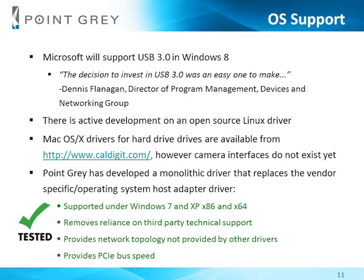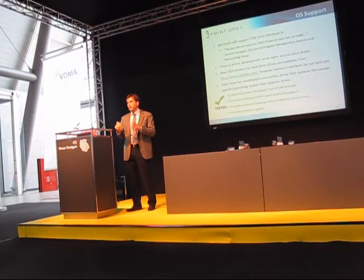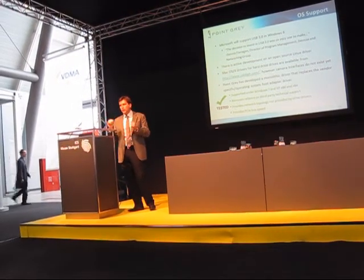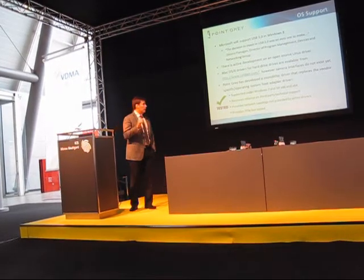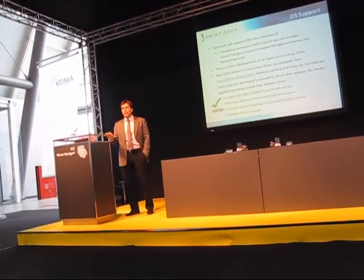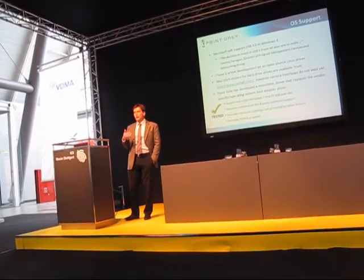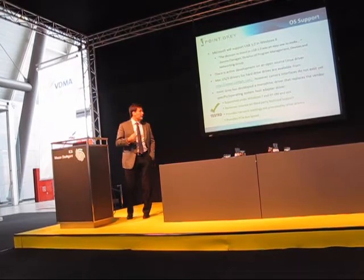Now, at Point Grey, what we've decided was to actually build or design a driver from scratch, because in the industry that we're in, it's extremely important that you actually have a full end-to-end solution, so that you're not relying on the device drivers provided by the host controller chip makers or the operating system makers. So having developed the device driver from scratch, so to speak, and having full control over what it does, we also provide some of the functionality that is not available from the drivers that are available in the consumer space. So some examples are,